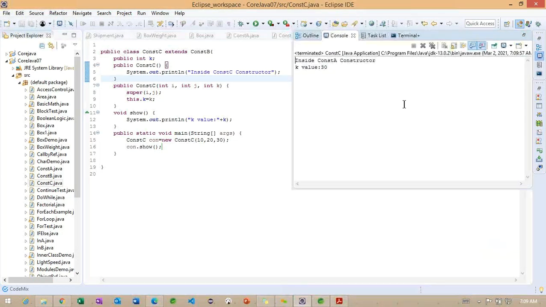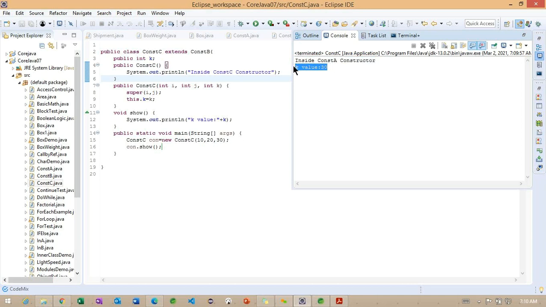Getting the point? So carefully observe here, the k value is printing. Inside the constructor, it's calling, because only from the B class constructor is going to execute the A class constructor, and later it comes back to the B class, and the values are initialized here, and after this, whatever method we are calling executes here.